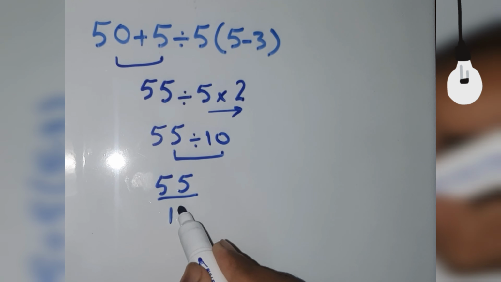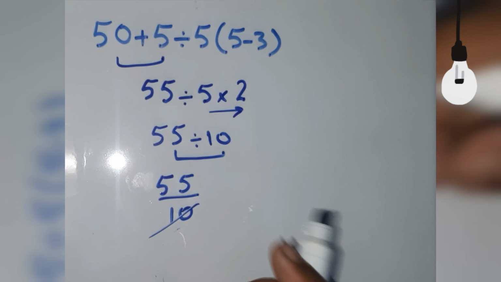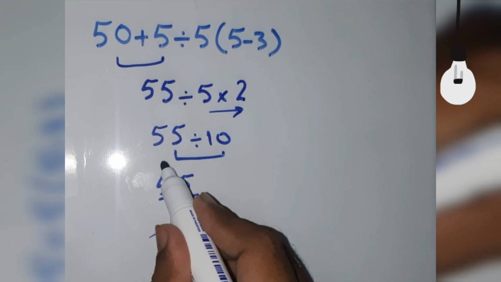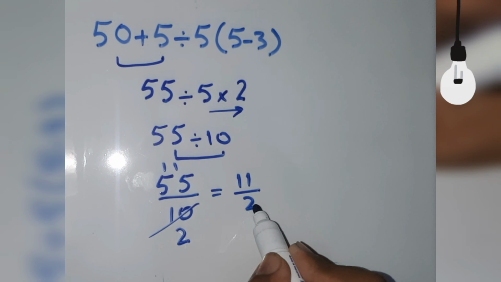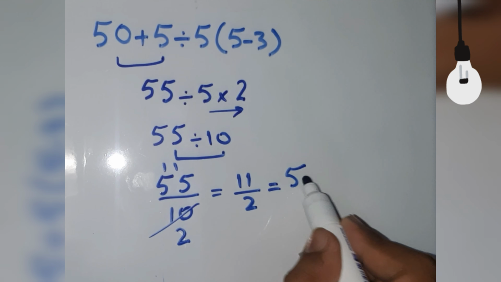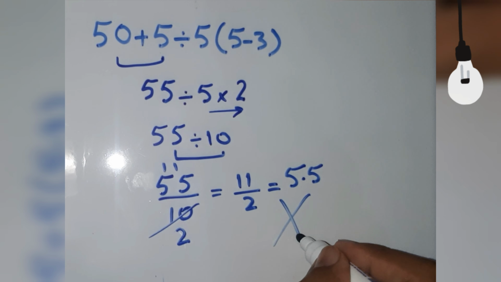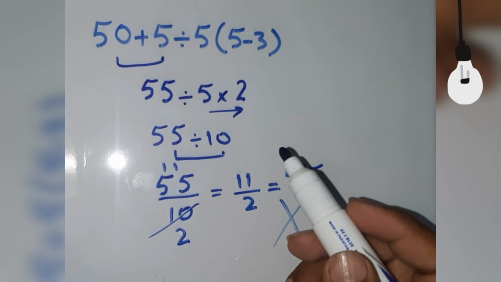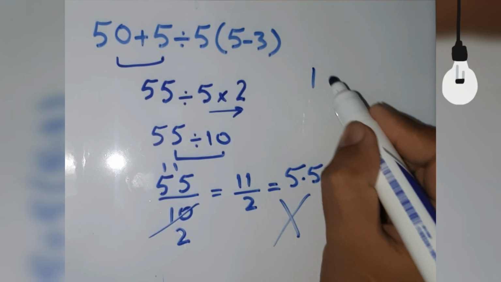55 over 10. Now by table of 5, 2, 1, 1, it means 11 by 2. Also we can write here 5.5. But this answer is absolutely wrong, because according to order of operations, which is called, now here you can write